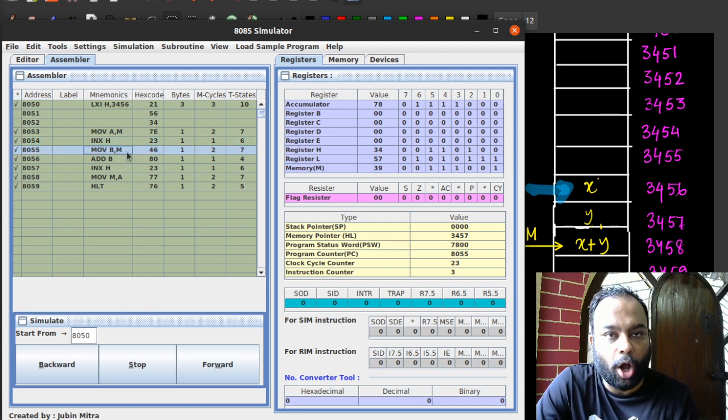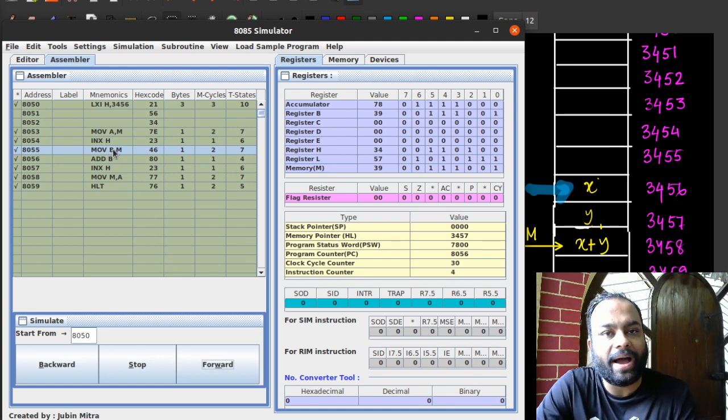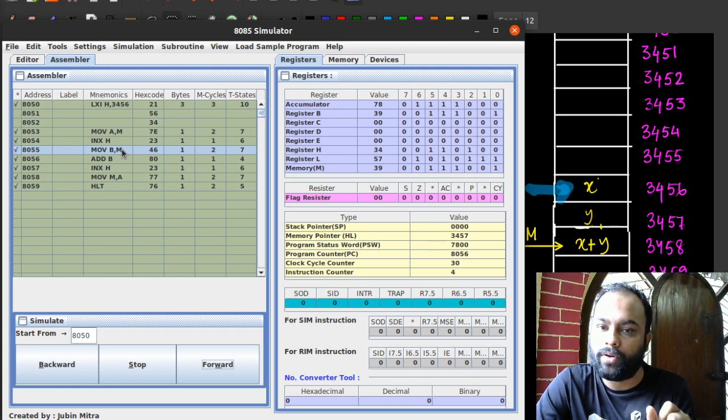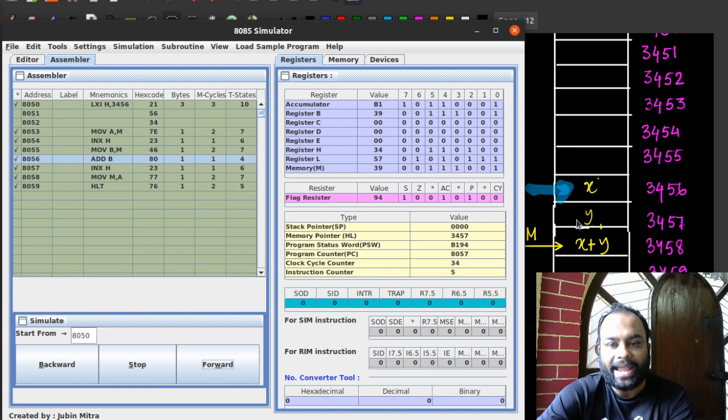So now if I do MOV B, M, say again, this is not yet copied. The software just shows you as if M has this data. It is not like that. The moment I do a move instruction here, it will be copied through a memory read. So I did MOV B, M. The data pointed to by M is now copied over to register B. Now register B has the data stored in memory location 3457, which is 39. All right. So if I now do ADD B, it operates just like before. It added the value 78 with the value 39. The result was